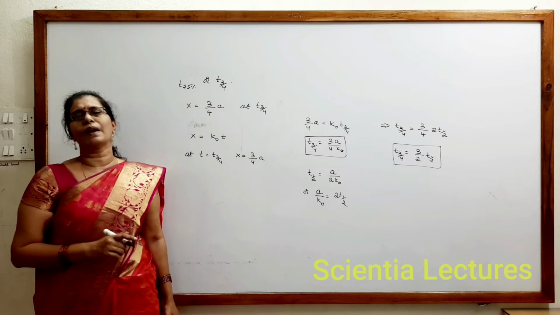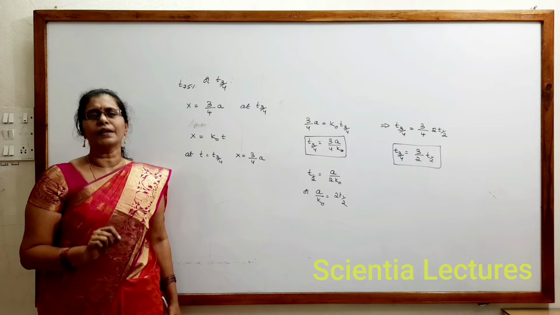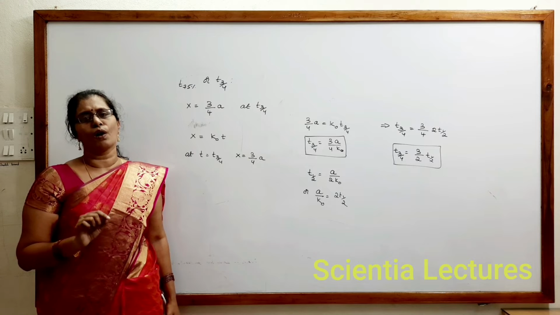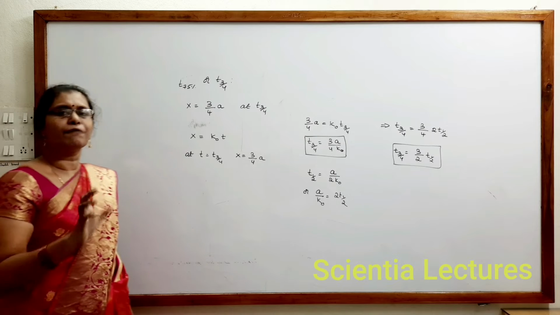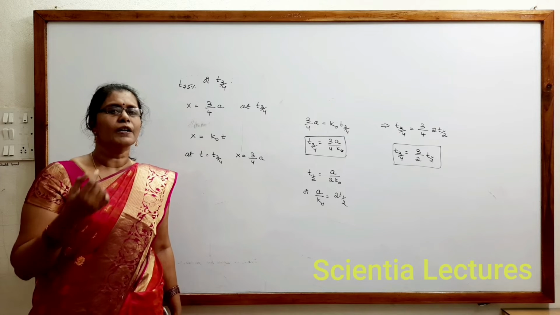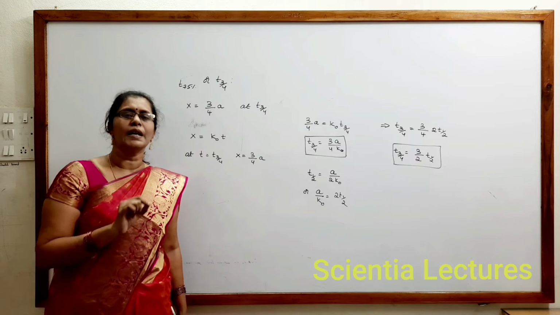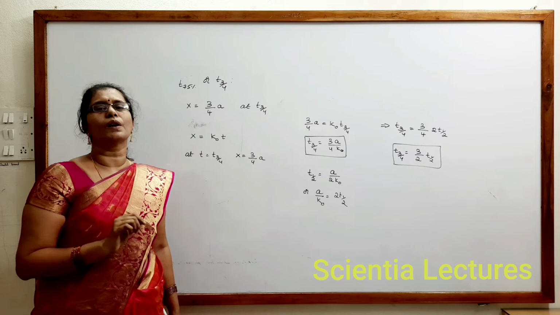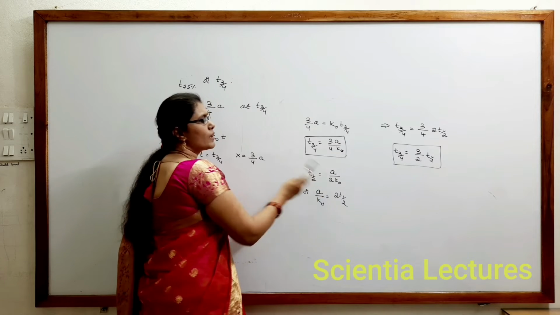Remember now, what is meant by half-life time? The time taken for the half of reaction to be completed is called as half-life time. So that is represented as T half or T 50%. So when we take this as T half or T 50%, we have derived that by taking t equal to T half, the reacted amount is A by 2. If you substitute in the rate equation of zero order reaction, what is rate equation of zero order reaction? X equal to K naught t. At T half, we can take A by 2 equal to K naught into T half. So which implies T half must be equal to A by 2 K naught, we got.